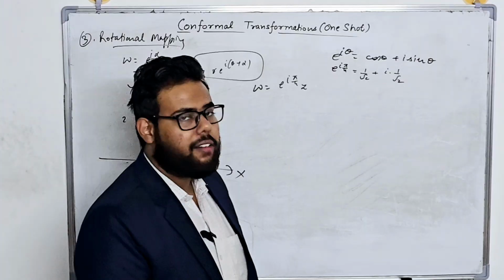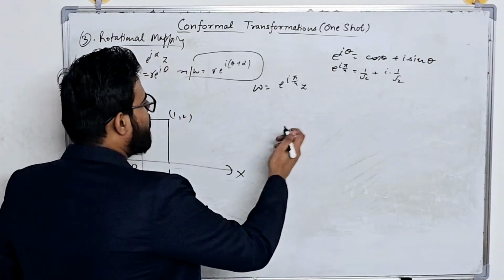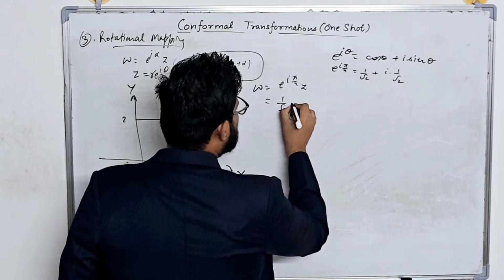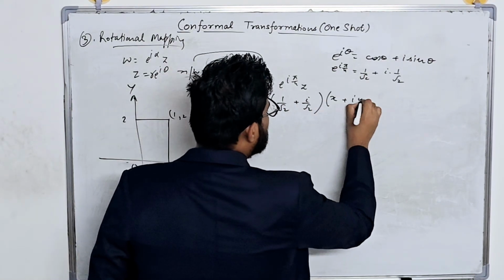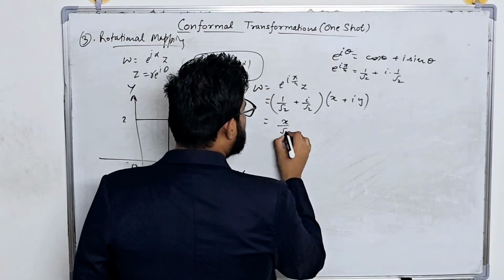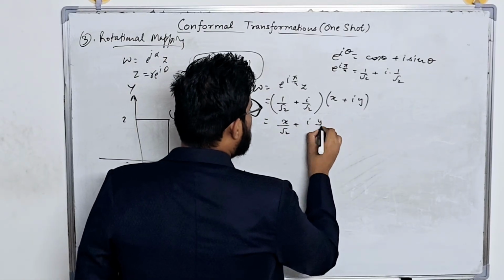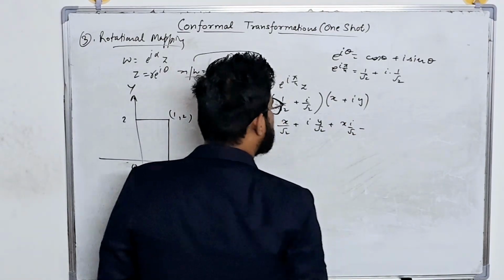So watch that video first of all, then you should move to this one, okay? So this is equal to this. So we have 1 by root 2 plus i by root 2 into the quantity x plus iota y, right? Hence now just multiply this stuff. What you will get? x by root 2 plus i into y by root 2 plus ix by root 2 minus